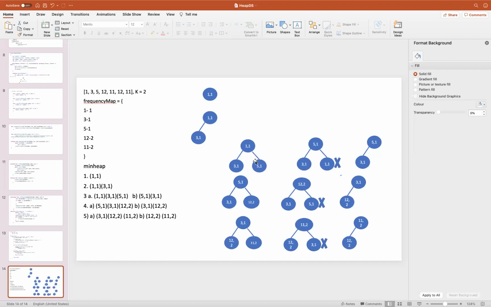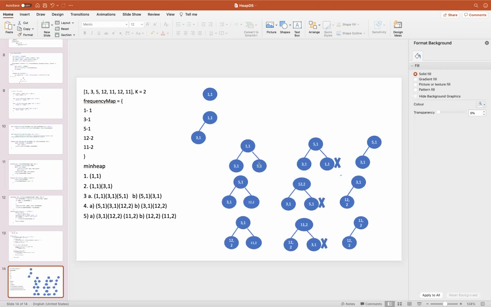Since it now has 3 elements, more than 2, I have to delete one element. The process of deletion is the same: we first swap, then delete the last swapped index and restore the min property.